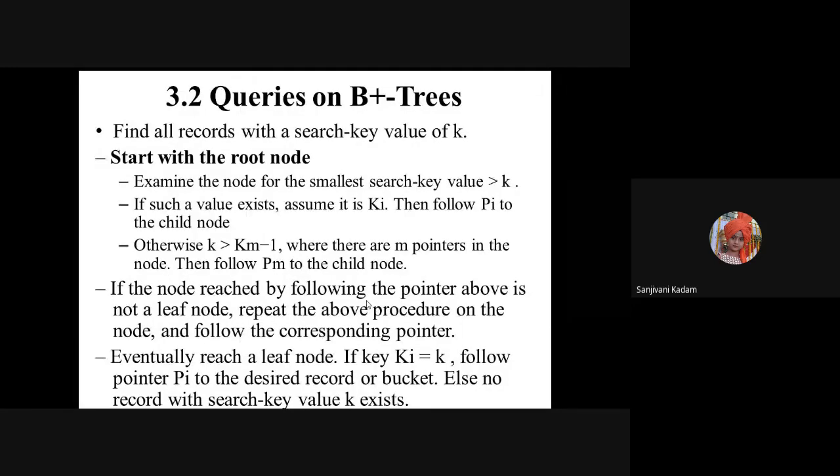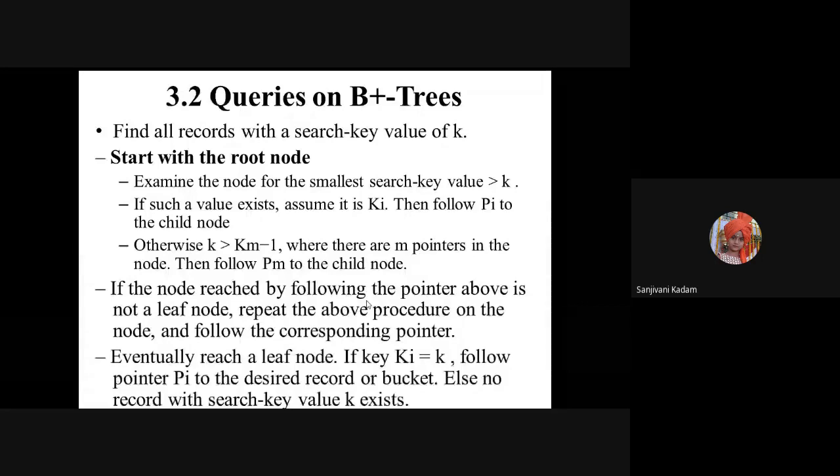So here we know that an index can be on any attribute. It means it is not always a fixed rule that we should have an index on the primary key attribute or any other attribute which is unique. No, here we can have an index on any attribute, which means that the search key values can have repeated values also. Just like for the name, we can have the same name for multiple persons.